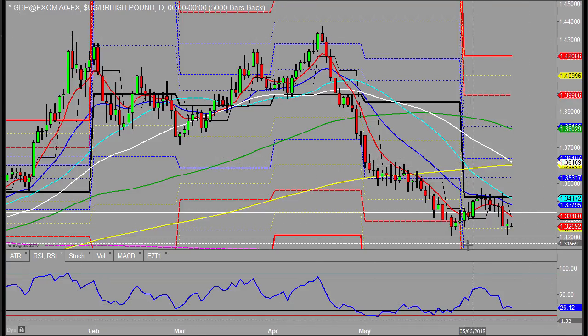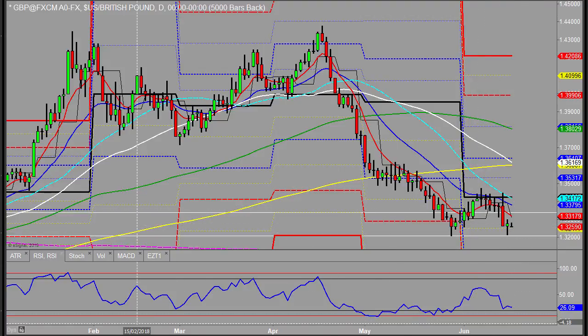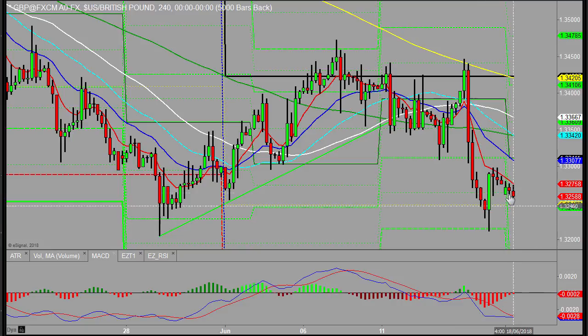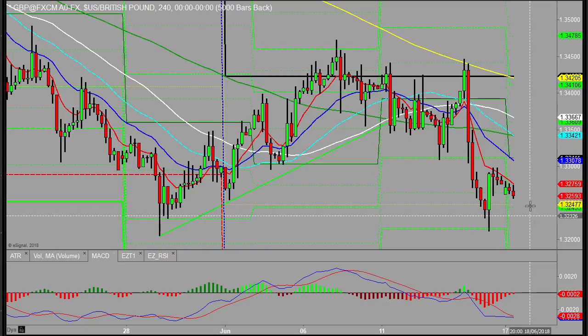The pound made a double bottom basically on Friday. It's also effectively looking weakish, although that double bottom may suggest we get a bit of a bounce. But when you look down at the 4 hourlies here, it looks like we could see further continuation. It's a weak movement in this price action.